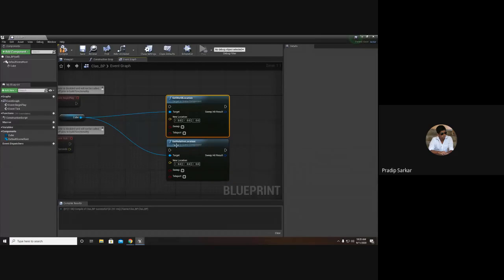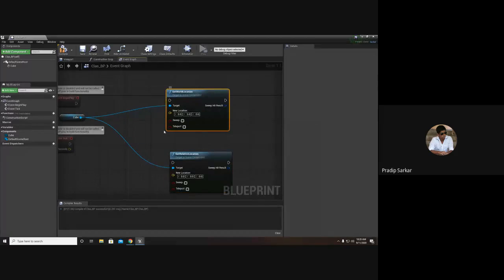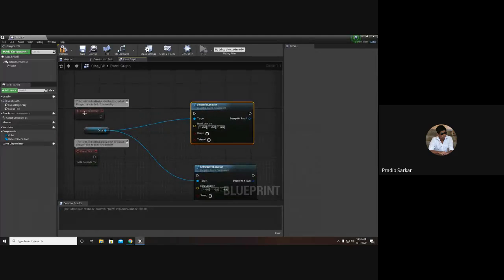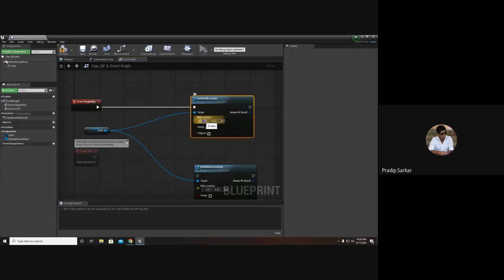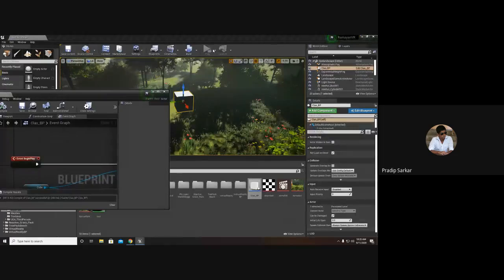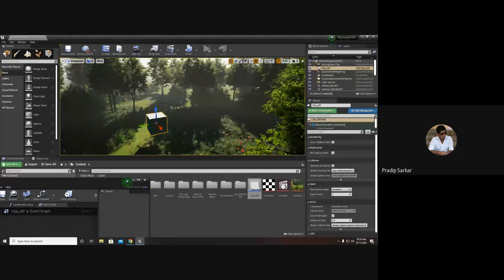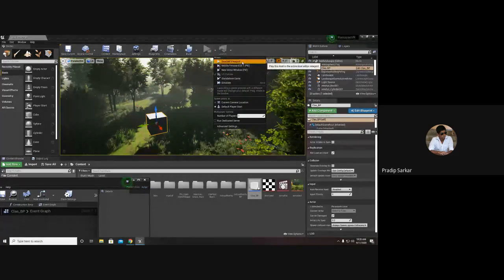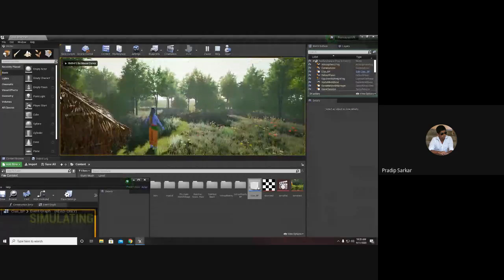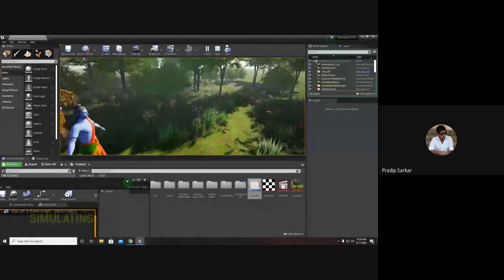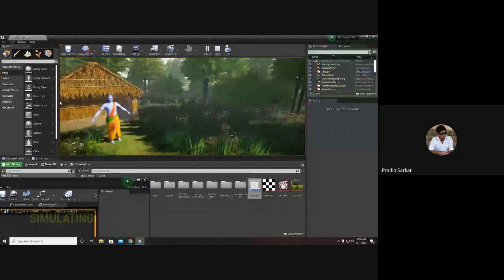If I set the world location, I'll show you. In the event begin play, if I set the world location and the destination is 0, 0 and 0, then see what will happen. The moment I hit the play button, I don't have that cube where I had kept it earlier.